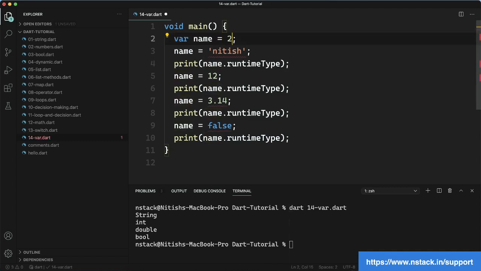So if I make integer here, you can see that now the name has been given the integer as its data type. So for this integer line, there is no error. If we try to give some double value, or if we try to give some bool value, it is going to say that the name is of type int and it is only going to accept integer. So I hope I made my point clear that what is the difference between var and dynamic, and you have seen or learned this by seeing a practical example.